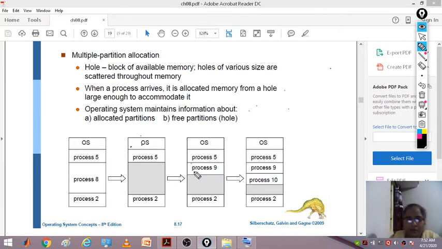Its size is smaller than process 8, so it fits here, and another hole of this particular size is created. Then one more process, process 10, comes and fits into this, and one more hole is created. A hole refers to free memory available, and holes of various sizes can be scattered throughout the main memory.